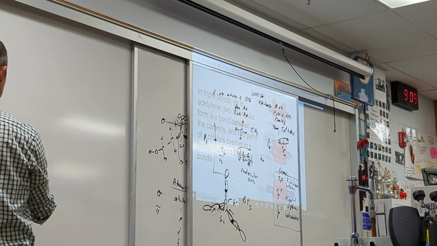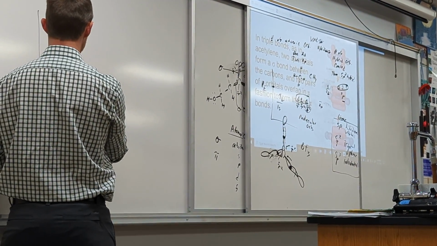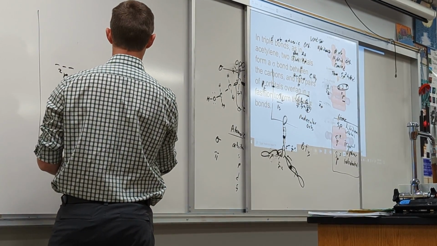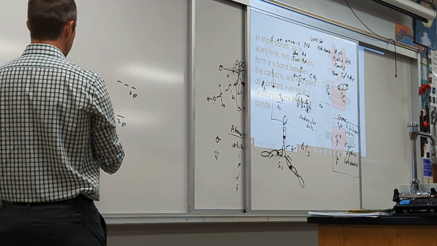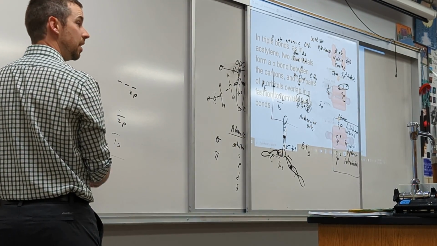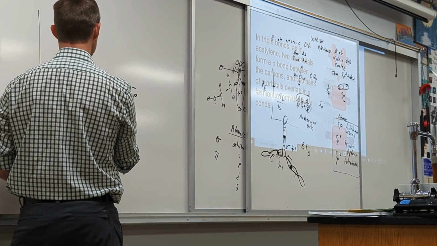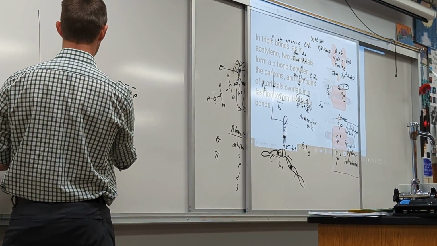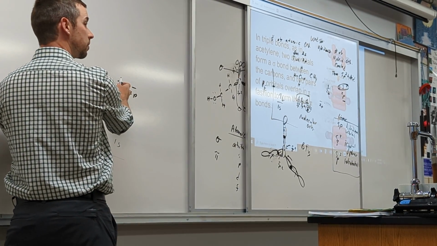Here's what tomorrow will look like. If you take carbon and oxygen, two different elements, they both have 1s, 2s, 2p. This is the orbital diagram for oxygen, and let's say two oxygens come together. If you overlap along the internuclear axis, we're going to create a sigma 1s bond. If there's no overlap on the internuclear axis, we're going to create something called a sigma star. Do the same thing for the 2s. We'll have a sigma 2s, a sigma star 2s, and then this is where it gets a little crazy.